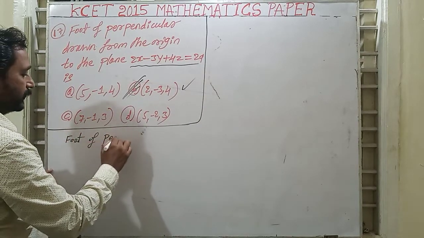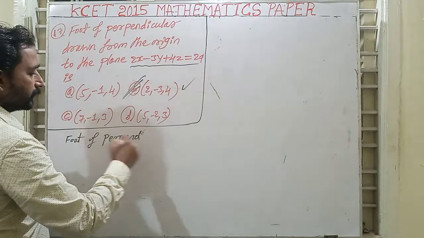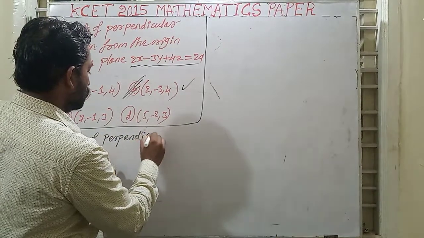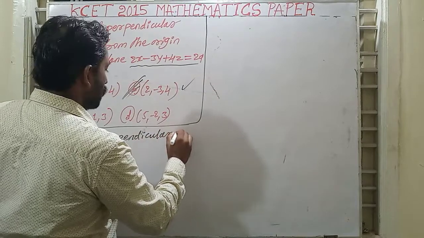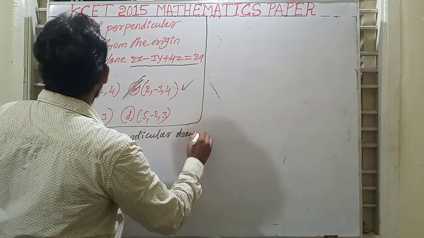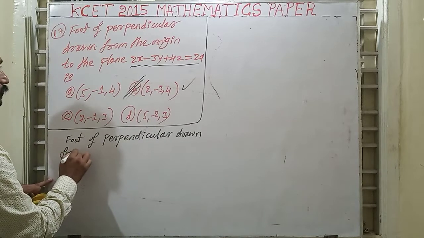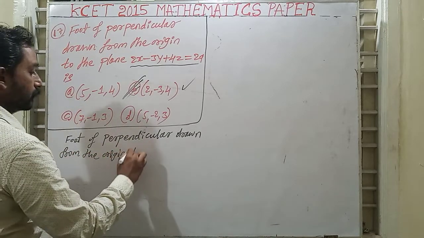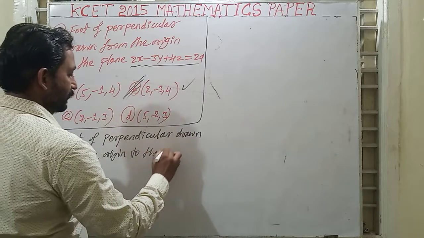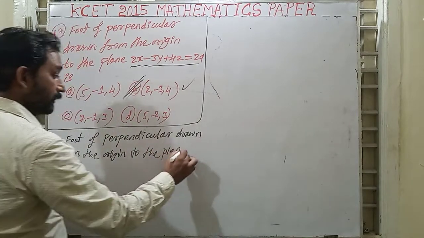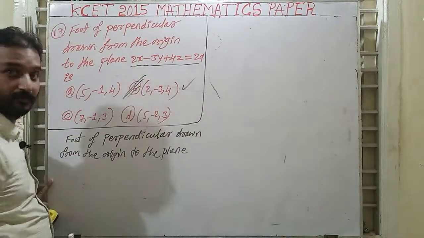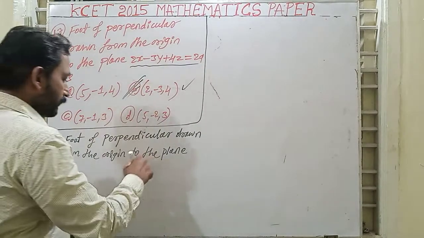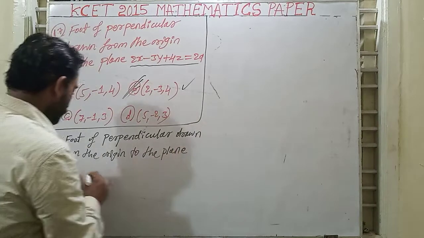Foot of perpendicular, shortcut method. Okay, foot of perpendicular drawn from the origin to the plane in normal form. The plane in general form is converted to normal form. So origin to the plane in normal form